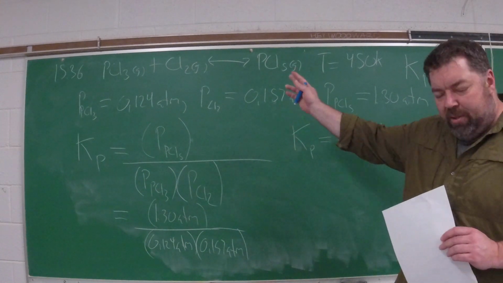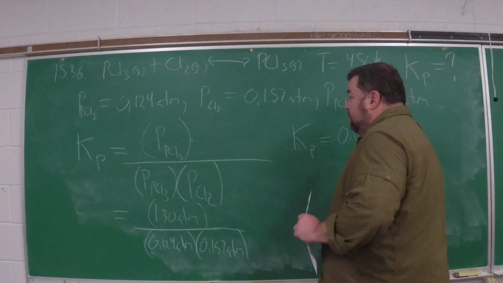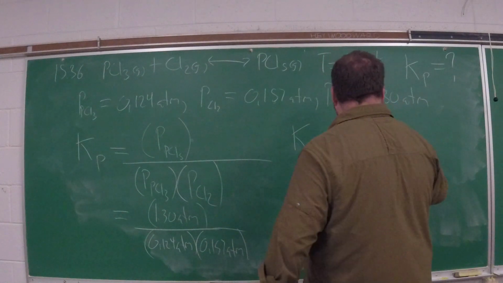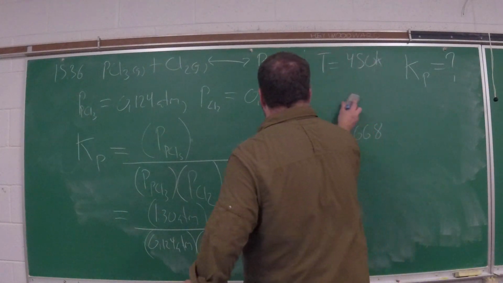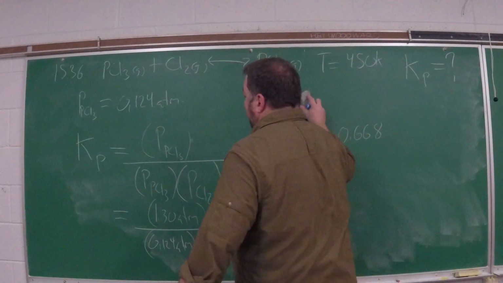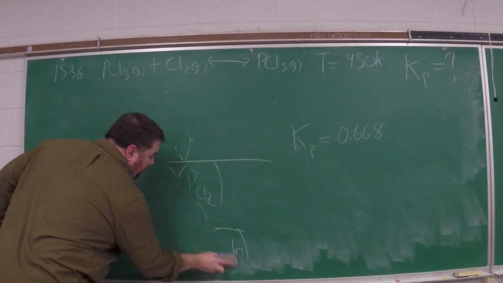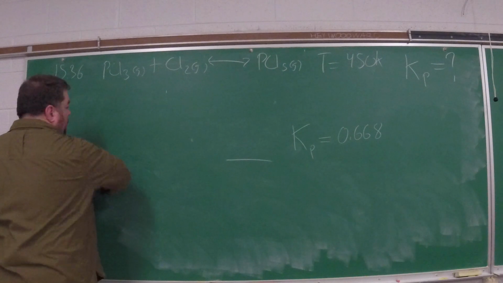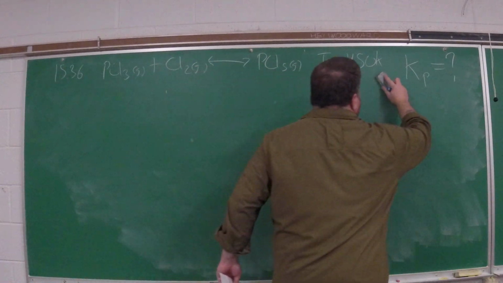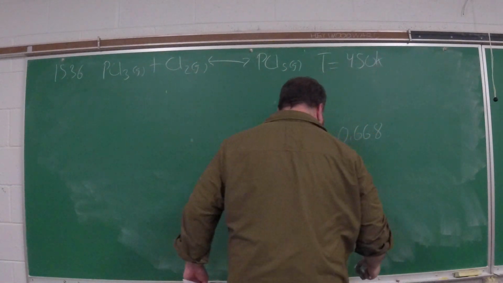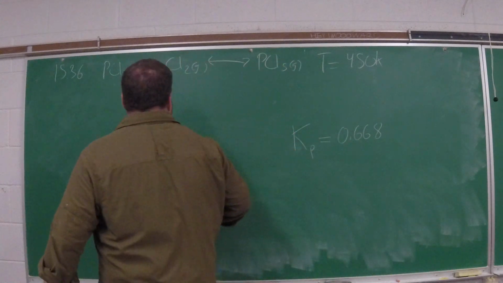So I'm gonna have to erase some of this to make some room here. It's part B, what is Kc? Now we want to know